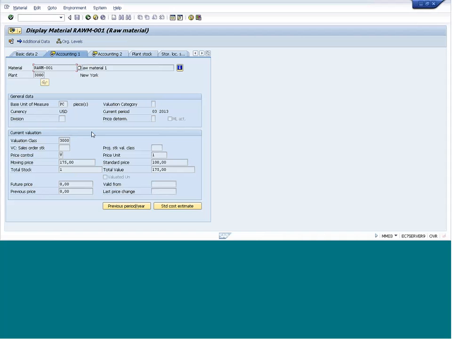Yeah, 175. So again, remember, I will always work backwards. I will look at my total value and reduce the value that I posted, and look at what my stock would be. Otherwise, if you asked the question suddenly, it's very difficult to say 175 unless you calculate it. All of a sudden it was 112, now it has become 175, whereas you reduced the stock. So the moving average price is increased because